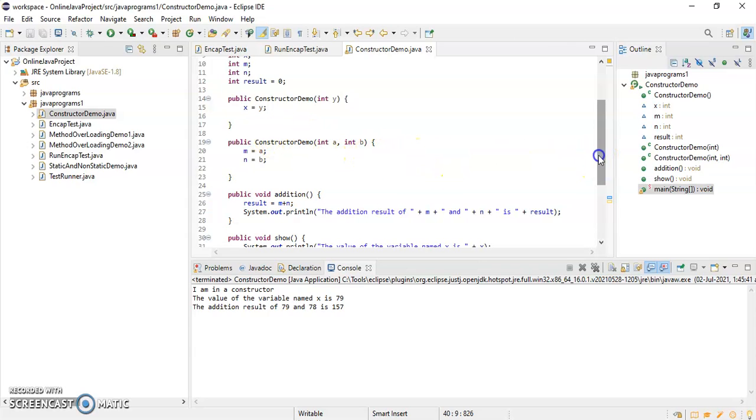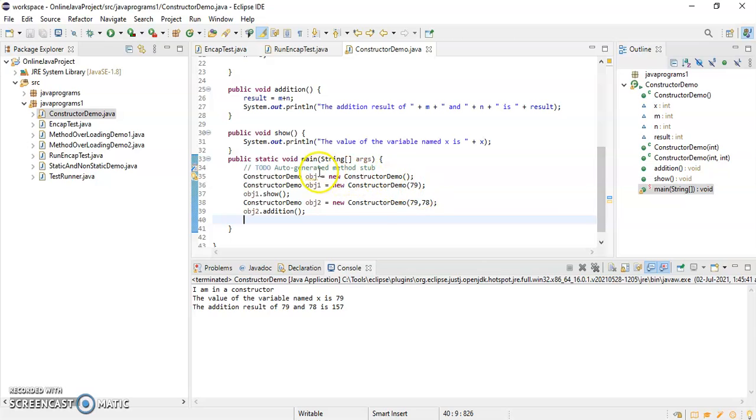And I have created three objects to invoke them. But I can use this keyword so that I can create only one object and my job will be done. I will show you how.